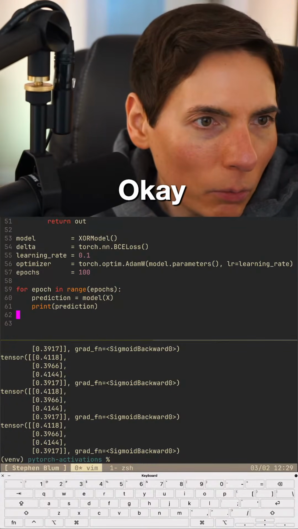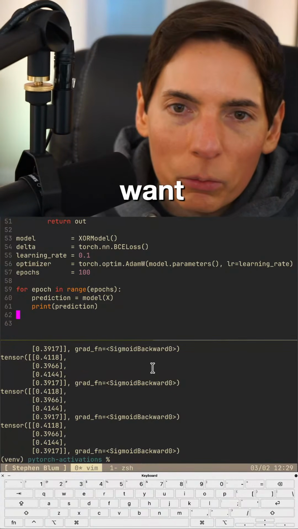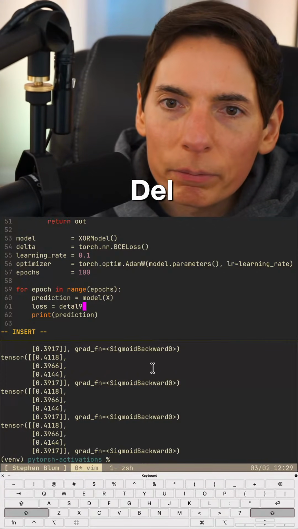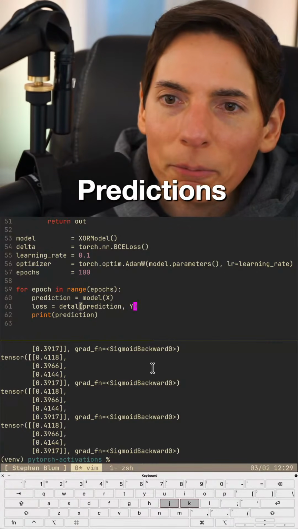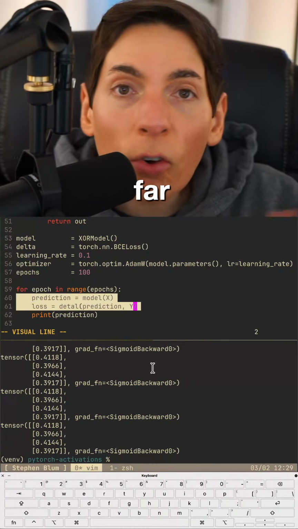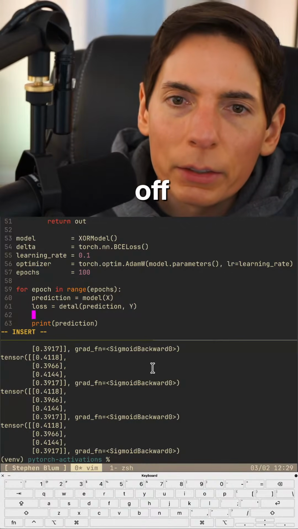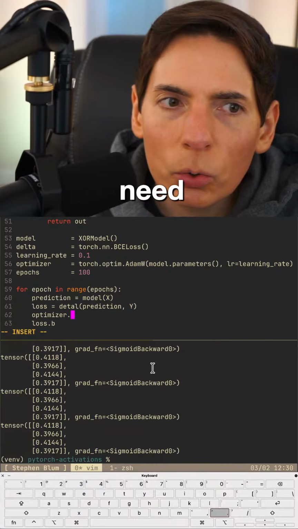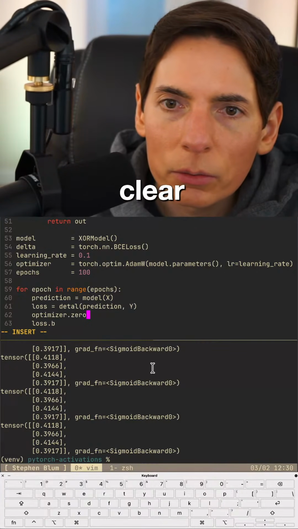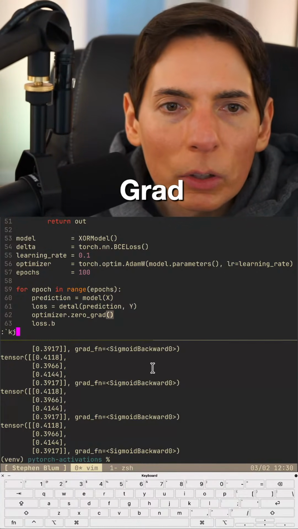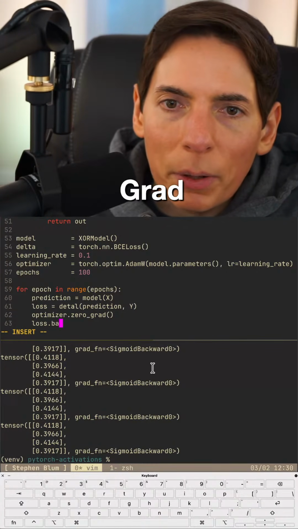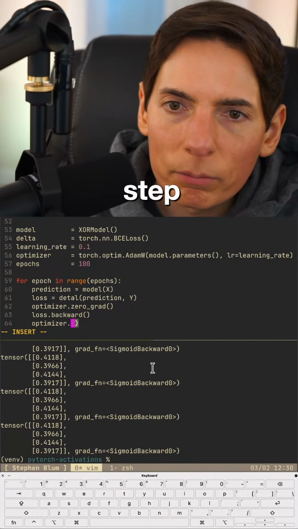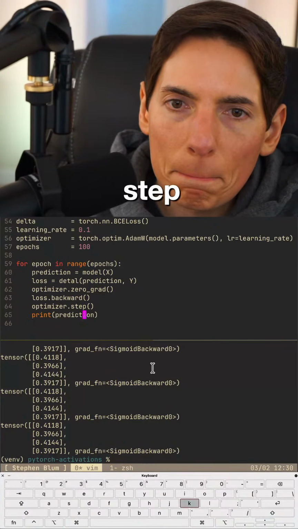Okay, I want to, all right, let's do this. So we got our loss equals our delta, predictions, y, right? So we're gonna see how far it was off. Loss dot, so we have to optimizer, we need to clear grad, backward, and then step. Okay,